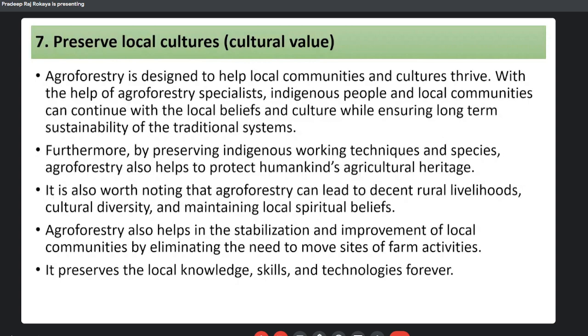एक किसिमको agroforestry is a agricultural heritage हो. यसलाई हेरिटेजलाई पनि बचाइराख्छ. It is also worth noting that agroforestry can lead to decent rural livelihood, cultural diversity,